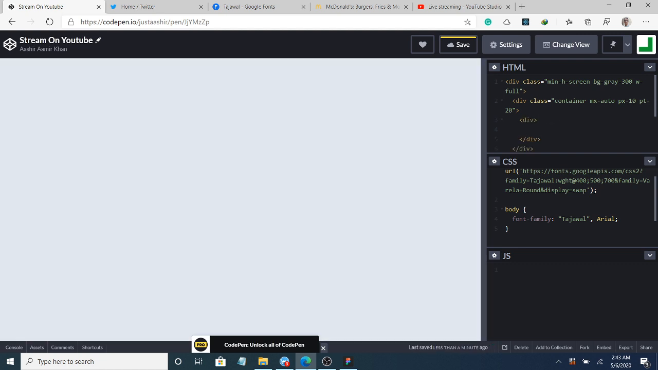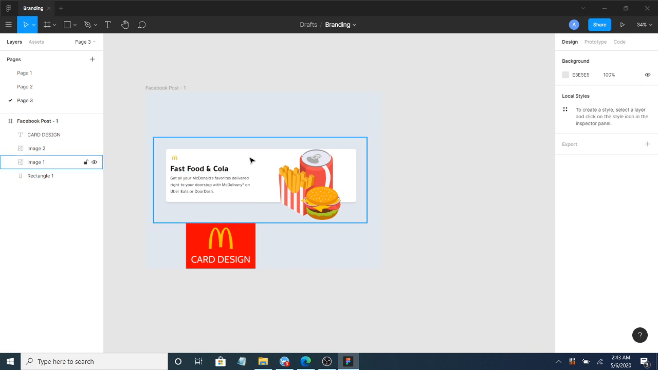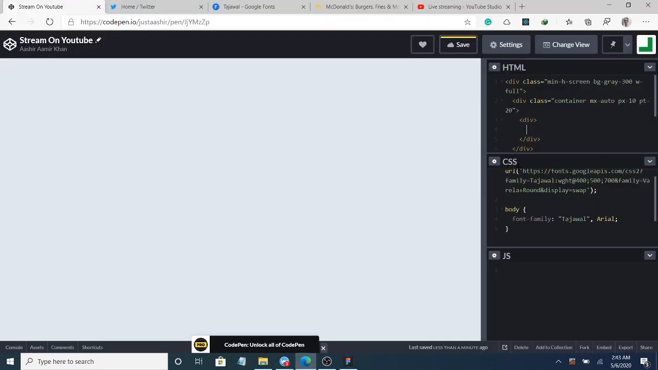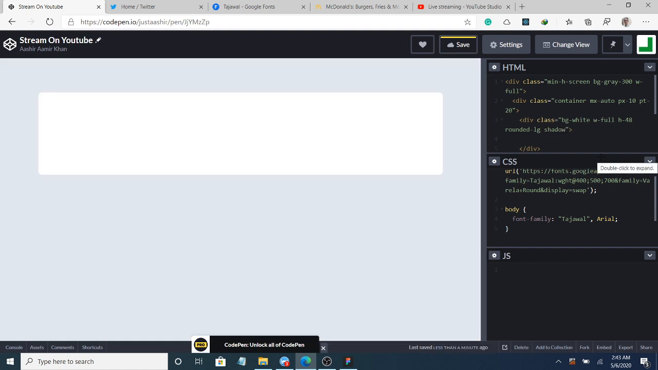And then let's create this box. We have to create this box. Let's create this box and bg white for the background white, and width is full. Heading should be 48 rem. So this is 48 rem. Rounded large for rounded corners. See, this is rounded now, and shadow is medium. This is all Tailwind CSS. You can go to their official website to see what's up. So